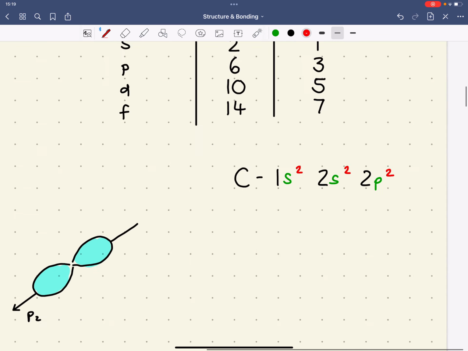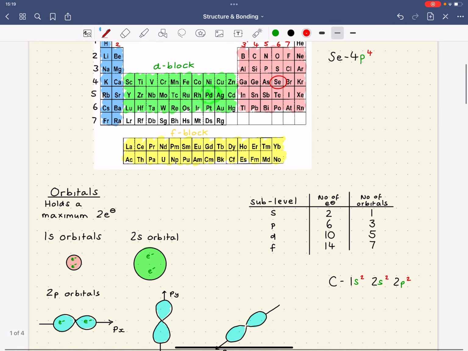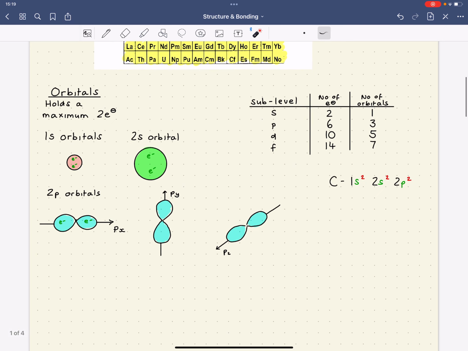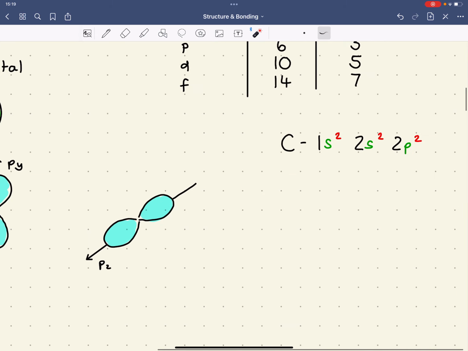Again, let's just go back to our periodic table. That kind of matches, doesn't it? Because carbon here is in period 2, it's in the p block, and it's the second element in the p block. Remember, that doesn't always work for every element, but it certainly works for the first 36 elements. What we can say then in carbon, if we were to look at what a carbon atom looks like, instead of it being like the old